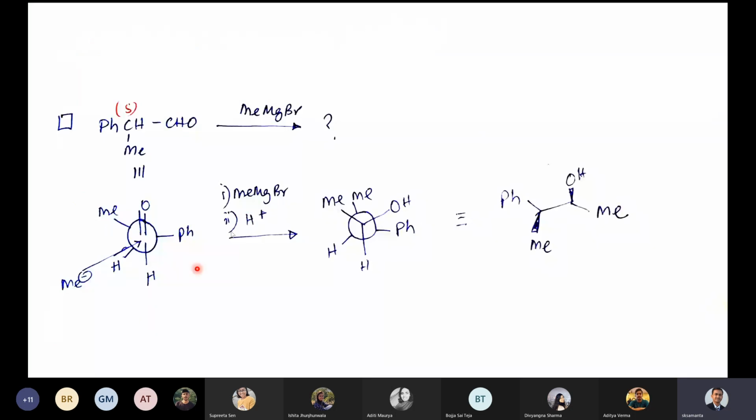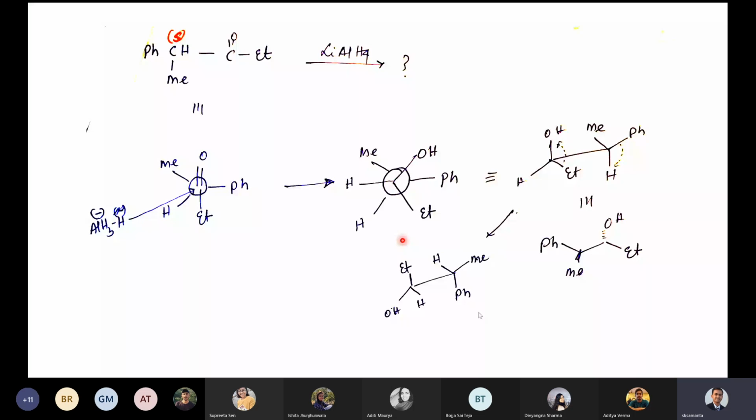Then we gave two examples where we have this compound A stereochemistry. We convert this into a Newman projection formula. Then the nucleophile is attacking from this direction, which is giving the major product. So this you can convert into a Sawhorse projection formula. That I will accept if it is difficult for you to draw in this fashion. Although this is desirable, if you draw it in Sawhorse projection formula, also I will give you the full marks. Okay.